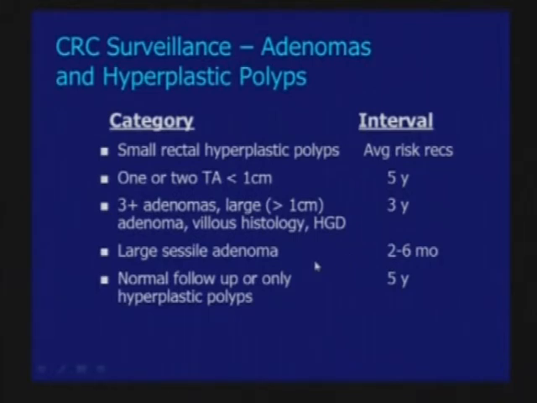And the second large, important group to remember is a large sessile adenoma. These are the polyps that we take out in piecemeal fashion, often in the right colon. And what you have to do is bring these patients back within 3 to 6 months, to ensure that you have the polyp out, and I'll show you some data that really shows you why we need to do this. And then if you have a normal exam after an adenoma, bring that patient back in 5 years.